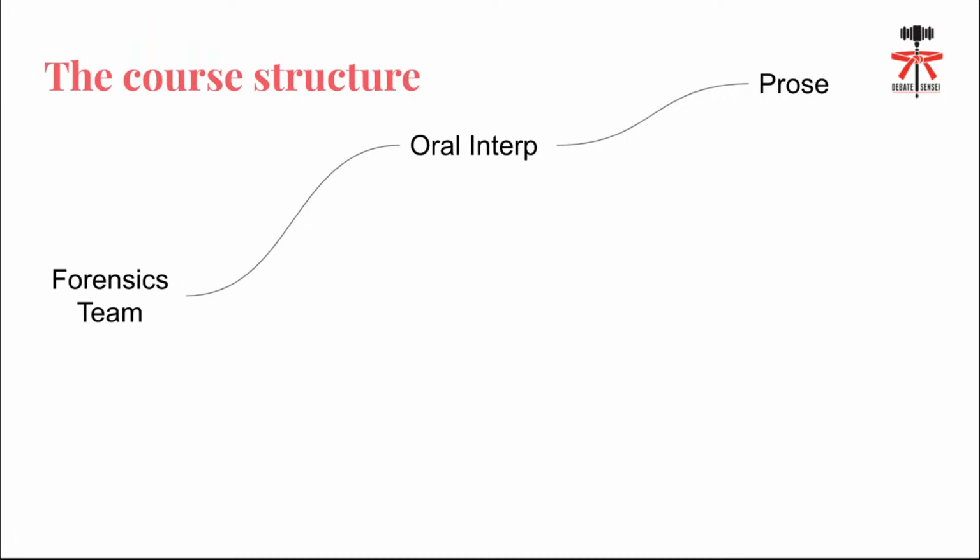Oral interpretation has many different events, and many of the lessons covered in that apply to all of the events underneath it, whereas the prose course itself specifically has a checklist of things that students need to do in order to prepare that prose event from the very beginning of having nothing to a final finished performance that they can